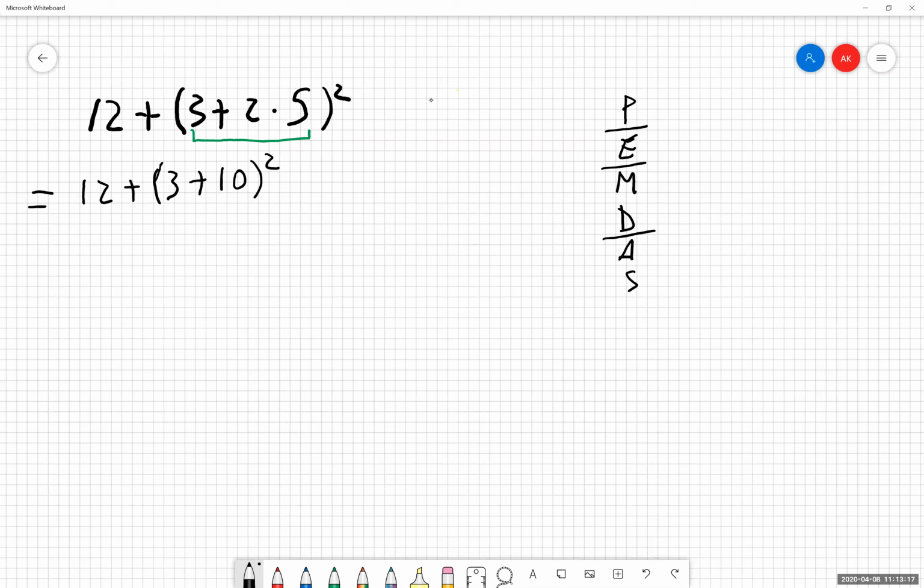Okay. Now I still have a set of parentheses written out here. So I'm still looking inside here for what I can do next. When I'm looking inside here, I do not have any other sets of parentheses. I do not have any exponents. I do not have any multiplication or division, but I do have addition and subtraction going on. So now I can add these things together. So that is all I'm doing from my first step, or my second step to my third step now.